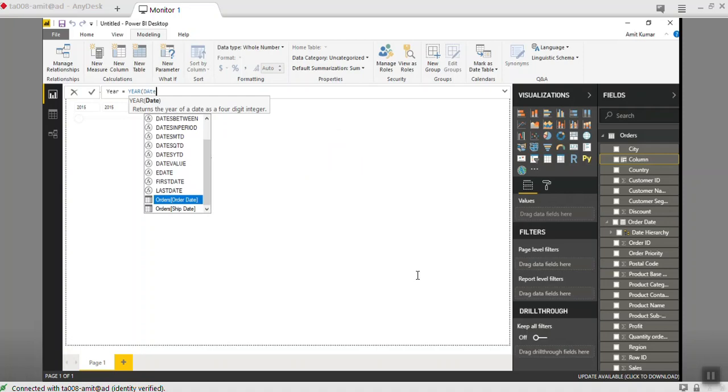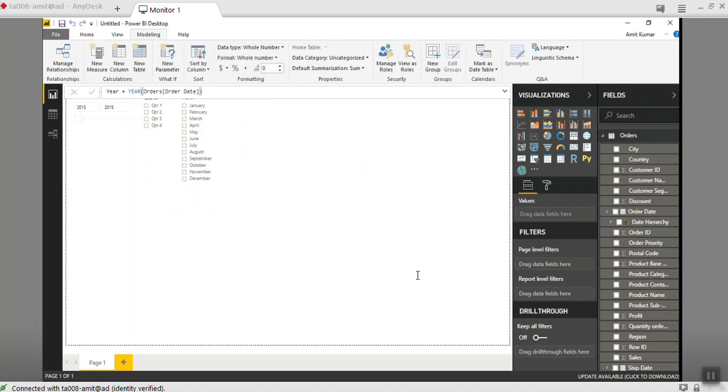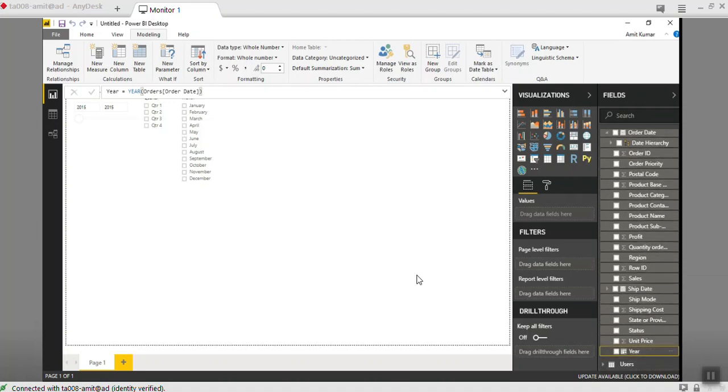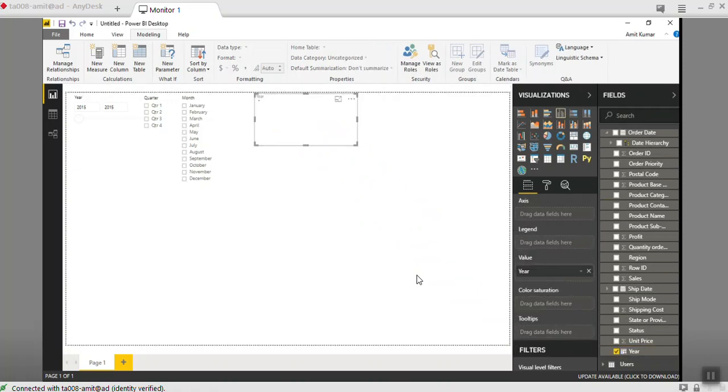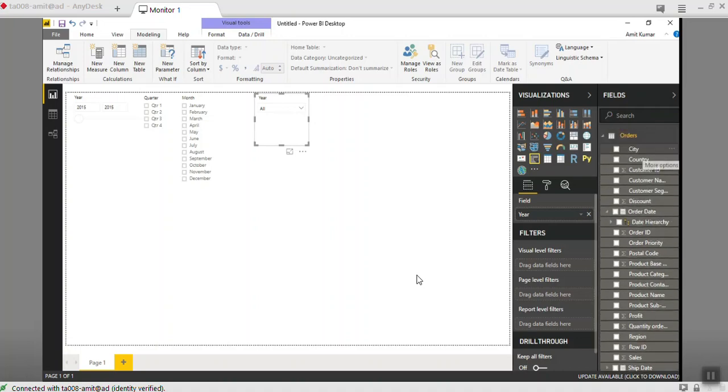So I'll select order date maybe. I'll click it and it's done. So now you have a separate column, Year. Same thing, drag this down and it will come. Same thing if you want to do with the month also.